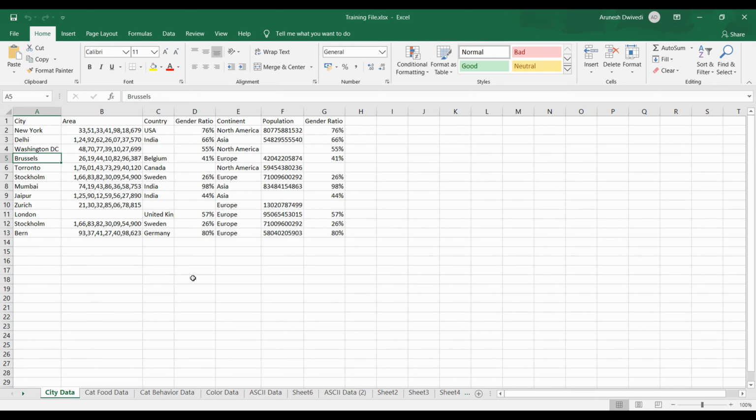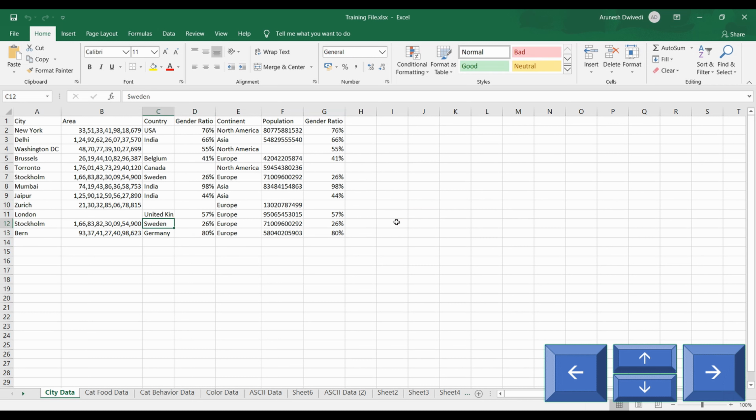Now that we are done with that last bit of the sheet, let's jump into cell navigation. So what is a cell? A cell is an intersection of a row and a column. Each cell is represented by this small rectangle in your worksheet area. So these are all cells. I am navigating them with the help of arrow keys. So using arrow keys, you can navigate between the cells.